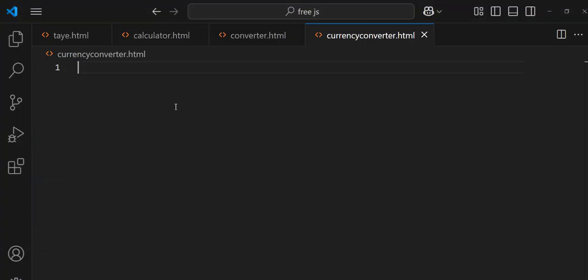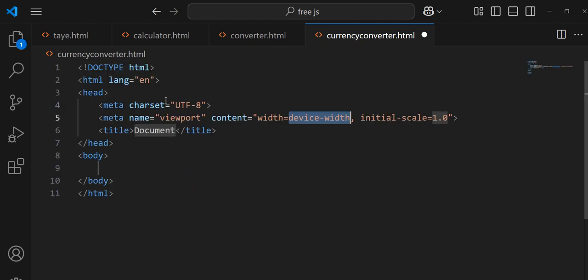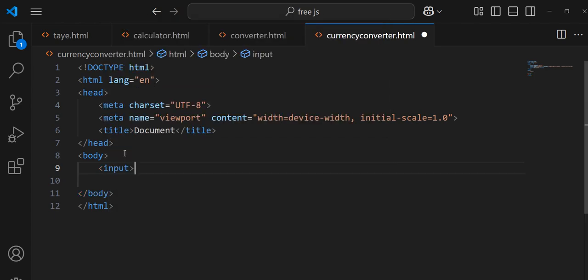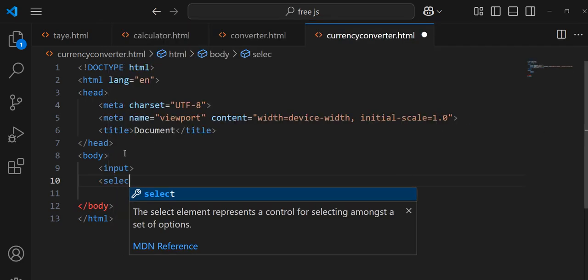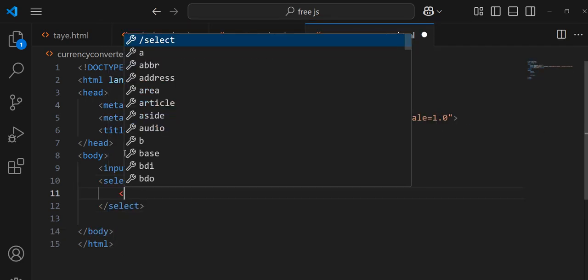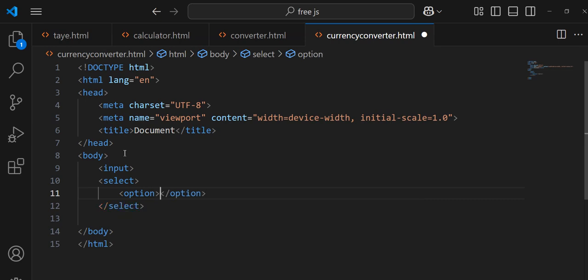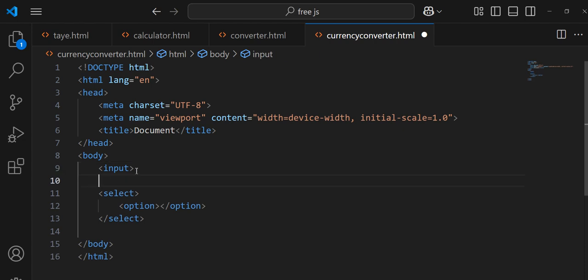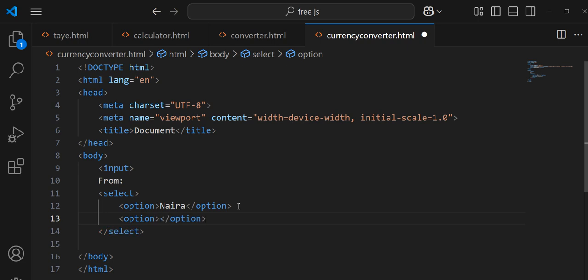So we are building a currency converter. I gave you two assignments, a currency converter and a temperature converter. For the currency converter, I said there will be an input, there will be a select tag, then there will be an option where you are converting from, so naira or dollars. You put your country currency there. Then where you are converting to,